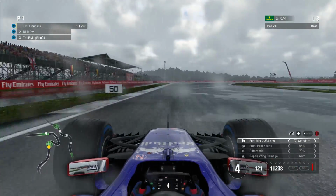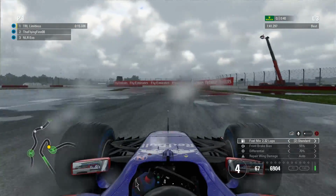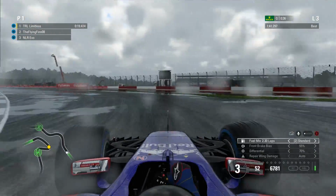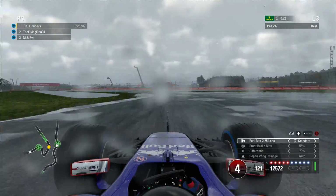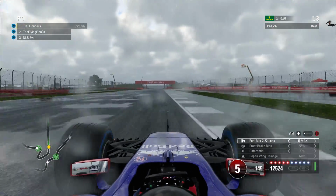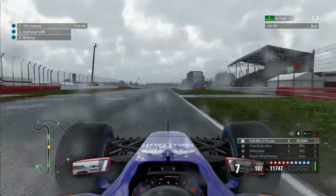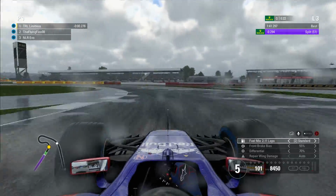Because I honestly do think this track, people might not agree, but in terms of the pad and wheel, I think the wheel probably has one of the biggest advantages around this track, and that is all in Sector 2. It's completely in Sector 2. Sector 1 and Sector 3, I feel there's no difference at all. But through Maggots and Becketts, it's the quick direction change and the ability for the wheel to run a really